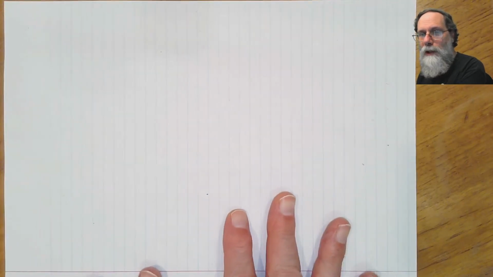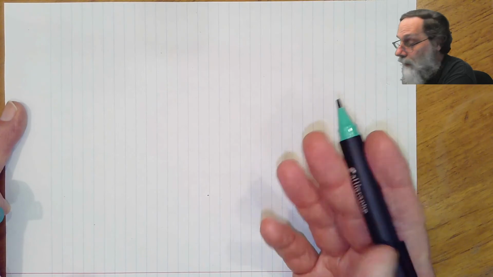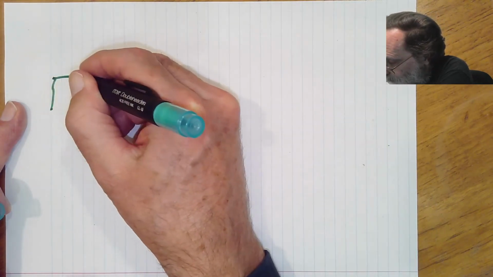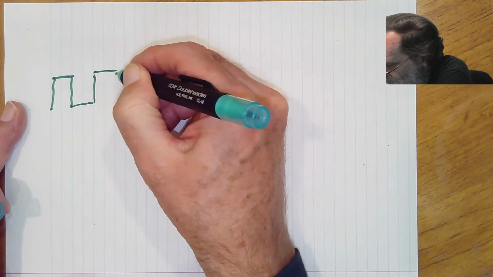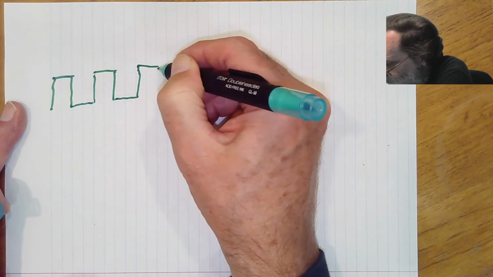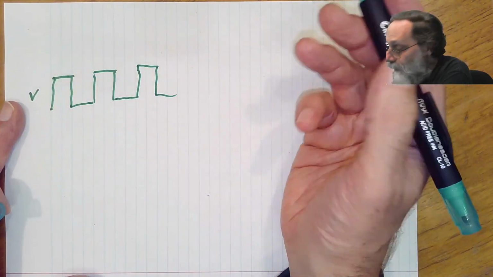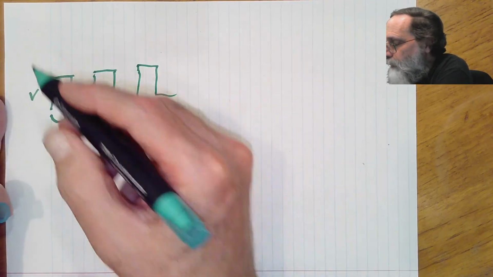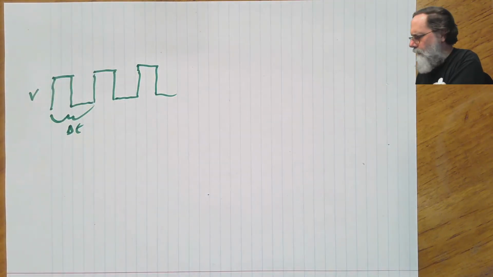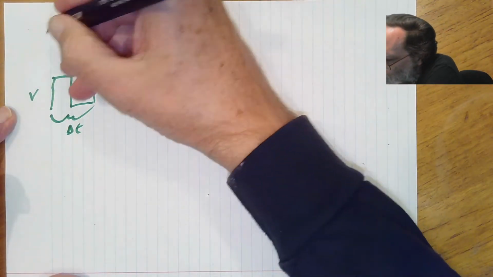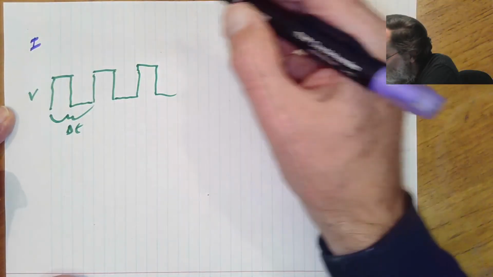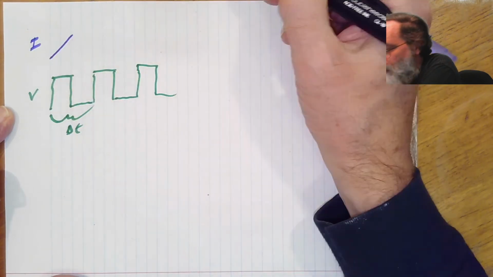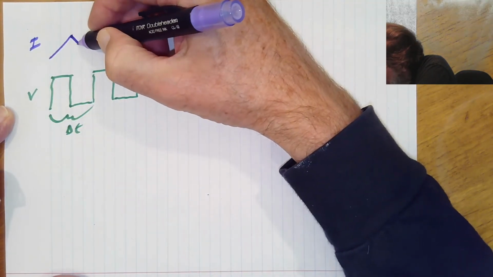One thing that's used a lot in things like motor controllers is to not basically do anything. Because we've got a voltage signal that's swinging here up and down, possibly quite a large voltage. So that's our PWM signal. This is our delta T. But let's take a look. What's the current doing? Well, if we're driving an inductive load, then when the voltage is high, we're going to drive the current up, and when the voltage is low, we're going to drive the current down.